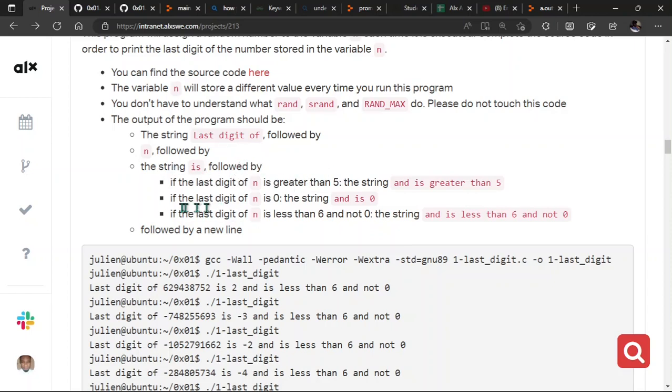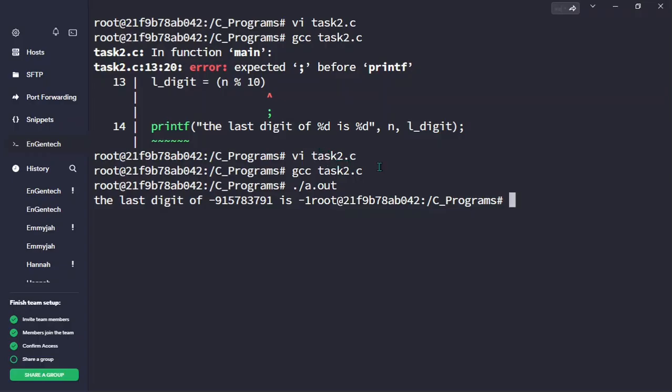Now, the next condition here is if the last digit of n is greater than 5, the string should be written in this format: the last digit of the number is 2 and is less than or whatever parameter comes in there. So now let's try to do that. If the last digit of n is greater than 5, the string, whatever the string was, the last digit of n followed by the number, and is greater than 5. So we need to inculcate this into our work. So let's VI again into the tax2.c